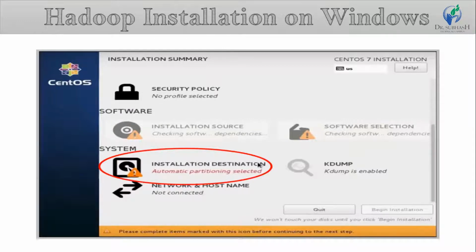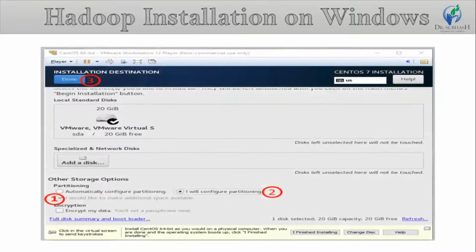On clicking this, you will see the following image. For that, first, under the other storage options, select I would like to make additional space available. For the second, select the radio button that says I will configure partitioning. And third, click on done.